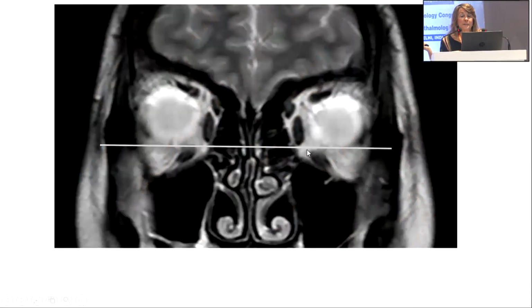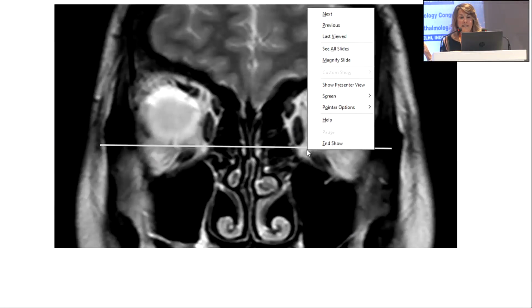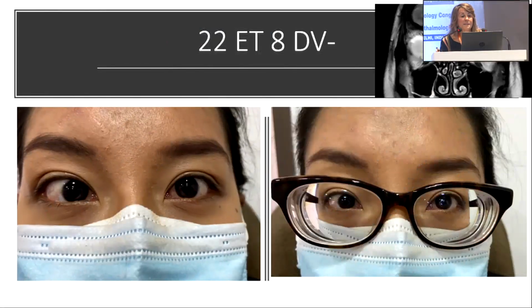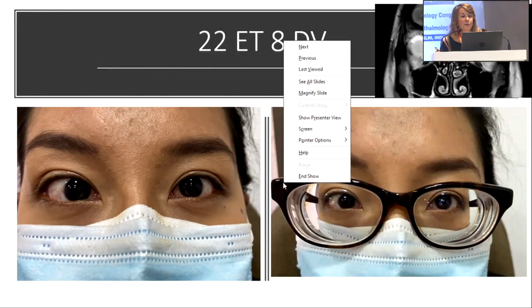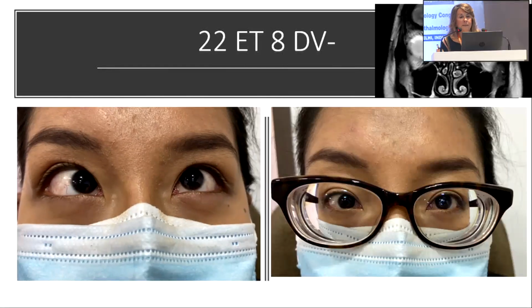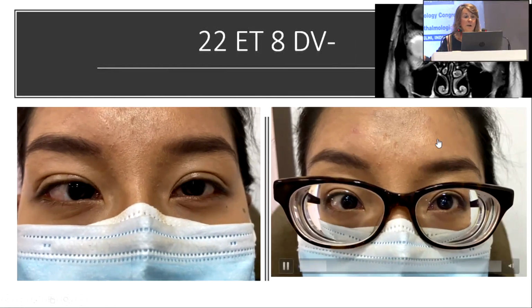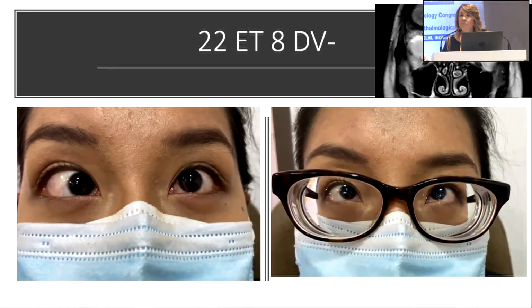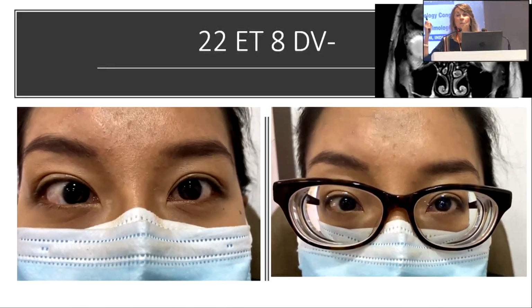Now I could obtain the images. You can see that the lateral rectus were not displaced, but remember that I already elevated those lateral rectus with a non-absorbable suture. But you can see that the superior rectus were nasally displaced. And this is why you will see that when she looks up, especially in the right eye, the eye, when it goes up, it goes in, because the superior rectus is acting more as an adductor than as an elevator.